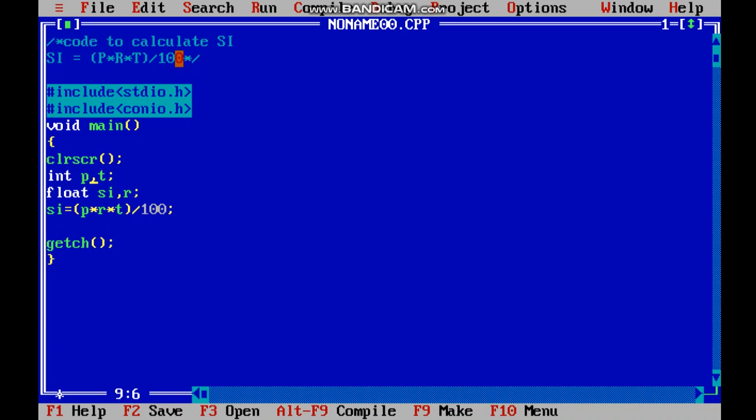I'll define them here only. Let's put the principal value 1000, not too much. What time should I give? Let's give 3 years. Simple interest you will calculate, and rate equals to 8.5.